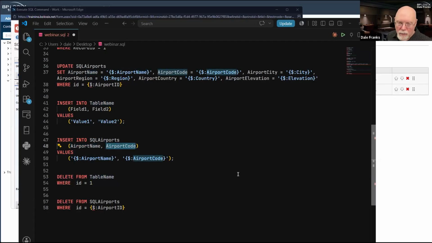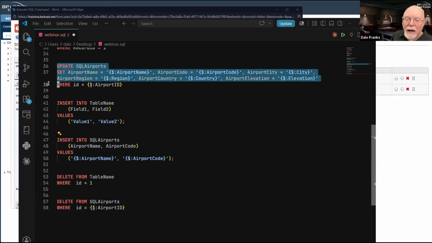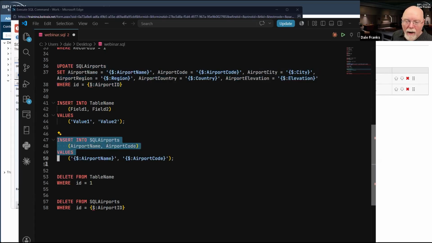Let's assume that I do, in fact, have an auto numbered primary key, so I don't have to pass that along. This will work just fine. Now, all of my other fields will be empty in that new record, but this will work and it will create the new record that I want inside my database. Like the update command, I don't have to include every field in an insert command.